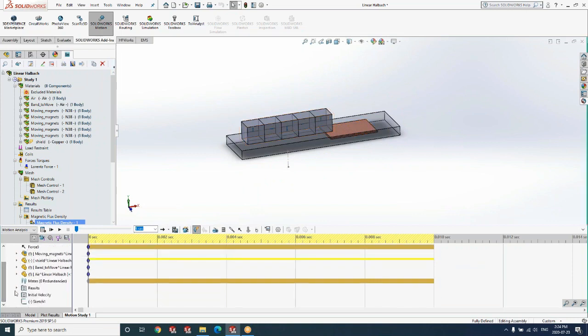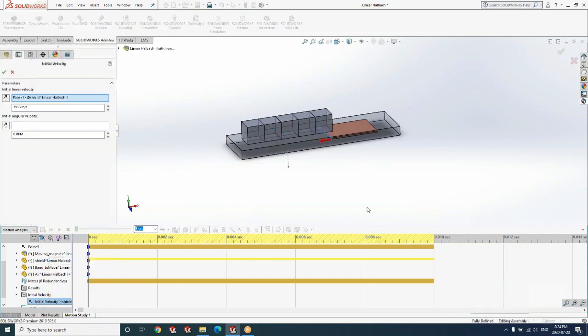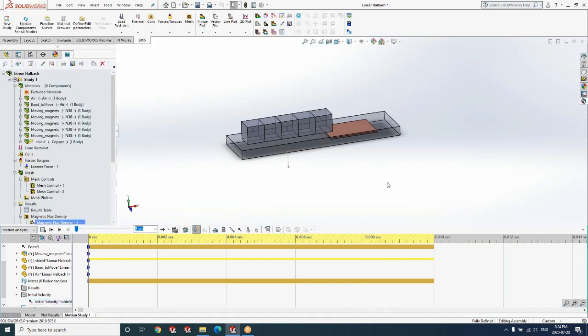And we also impart an initial velocity to the moving conductor of close to 400 inches per second. You can see that that's a large enough initial velocity. And we want to see how, in 10 milliseconds, the velocity goes down, and so on.